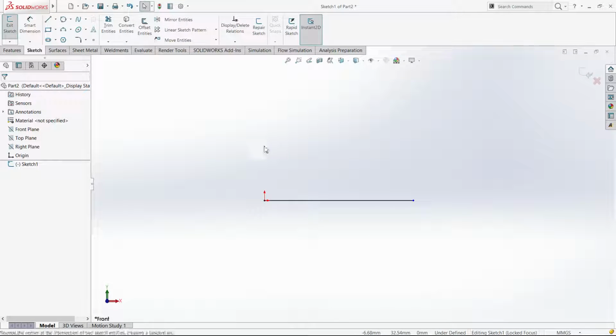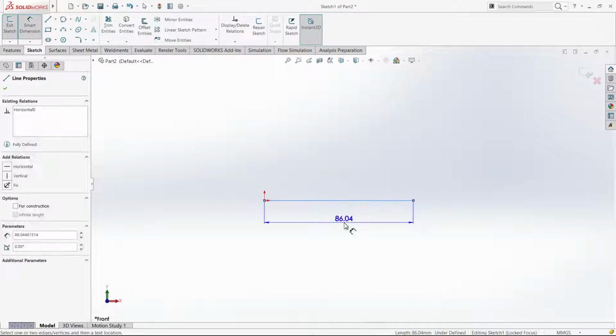That wheel can change whether you are in drawing mode, sketch mode, part mode, or assembly mode. So that always changes, and the more familiar you get with your own wheel, the more productive you will be. So I'll just say I want this to be 500,